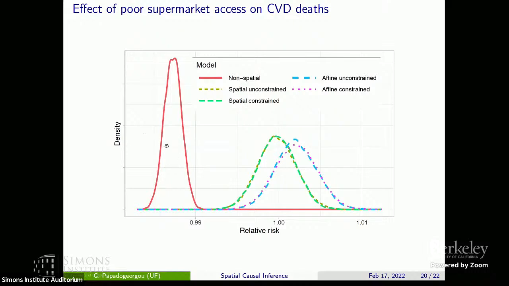When space is accounted for through the weighted least squares that just includes a spatial random effect, we see an effect that is essentially null, with a relative risk centered essentially at 1. When we use the affine estimator that tries to explicitly account for the unmeasured spatial variable, that effect moves a little bit to higher values than 1, but it's still not statistically significant. But at least these effect estimates are more in line with what we would expect with subject matter knowledge.